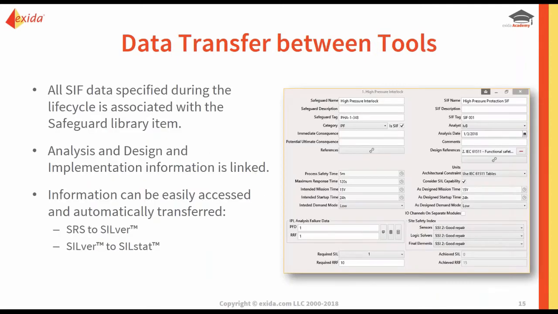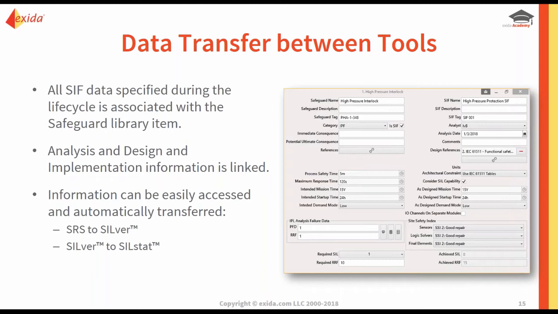First off is the data transfer between tools. All information for your safeguard, which later becomes your IPL, which later becomes your SIF, is stored in the library under an ID number. You see a screenshot here, and it has a 1. It says 1 pressure interlock, and that is the safeguard ID. So the tool is essentially tracing this entity throughout the life cycle